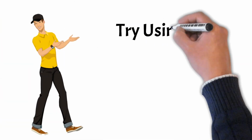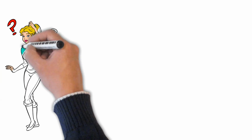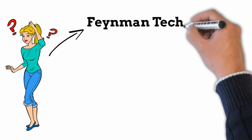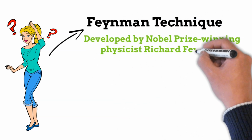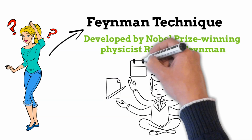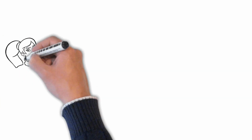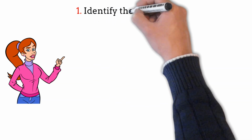Try using the Feynman Technique. If you're struggling to get your head around a difficult topic, the Feynman Technique is a great learning approach. It was developed by Nobel Prize-winning physicist Richard Feynman and is based on the idea of breaking down complex topics into smaller, easier-to-understand chunks. To apply the Feynman Technique, you'll need to, number 1, identify the idea or concept that